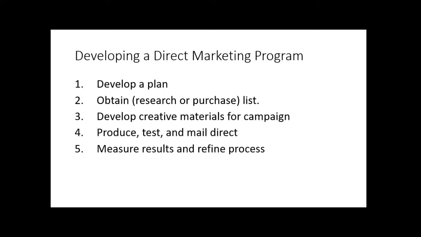So here is my advice. Look for the best donors. Find out who they are and what makes them the best donors. Model your best donors now that you've identified them. What characteristics do they share? And then, armed with a description of the characteristics, you can begin to seek individuals either from a list broker or on your own. So knowing and understanding them is important, which is why I gave you the database assignment this particular week. But let's go on to step 3 of developing a direct marketing program.